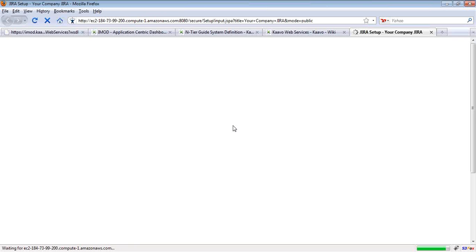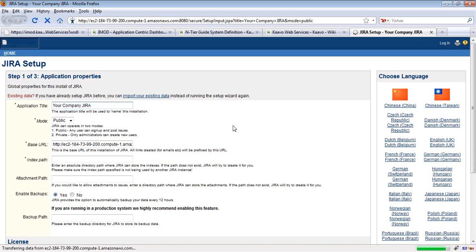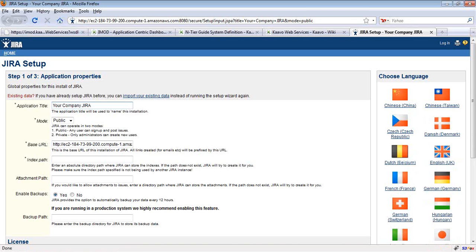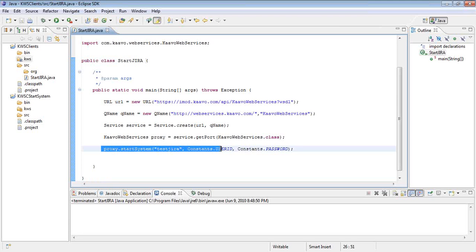So you can see the Jira application is online now. And all this was done by a single web service call. So it is that easy to programmatically interact with IMOD.